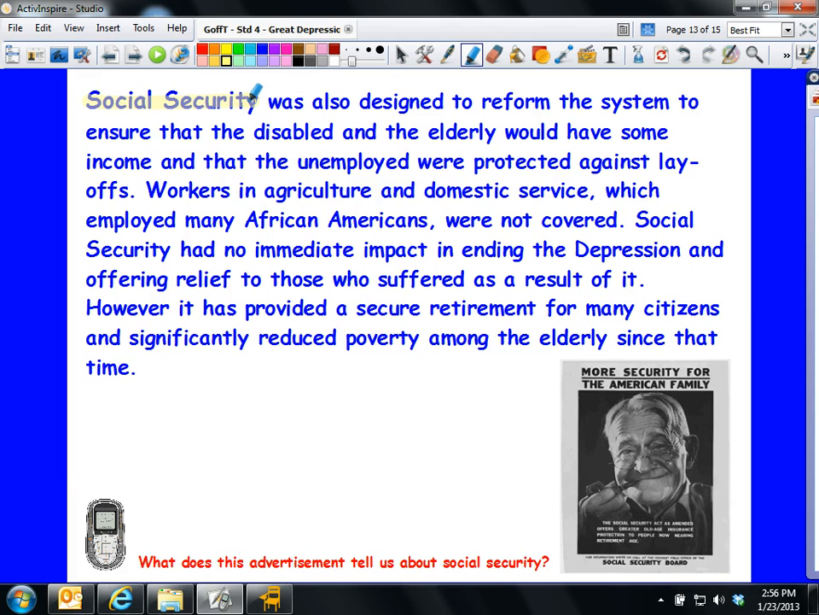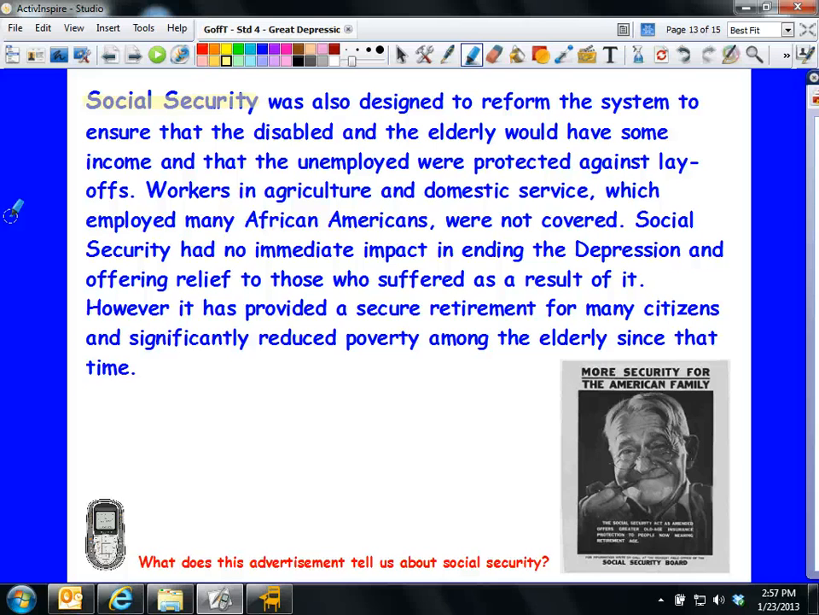Social Security was also designed to reform the system that ensure that the disabled and the elderly would have some income and that the unemployed were protected against layoffs. Workers in agriculture and domestic service, which employed many African Americans, were not covered. Social Security had no immediate impact in ending the Depression and offering relief to those who suffered as a result of it. However, it has provided a secure retirement for many citizens and significantly reduced poverty among the elderly since that time. So this was a reform system, so it was meant to make change to avoid problems again,